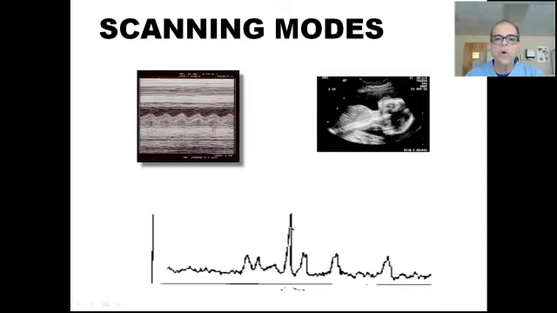I am not going to talk about Doppler yet. Doppler is very important in ultrasound, and there are two modes that use Doppler, spectral Doppler and color Doppler. But this is for another class that I am going to give in the next course. In this part of the course, we are going to talk about the most important mode that uses ultrasound,